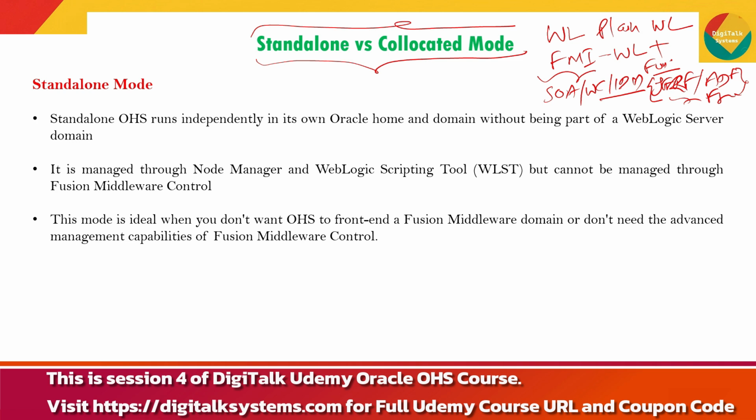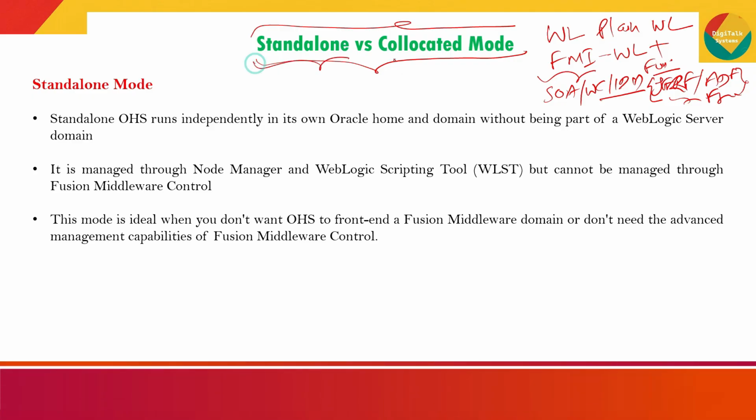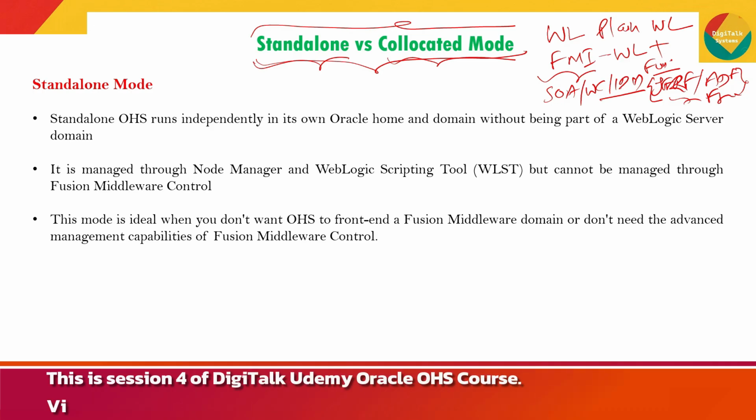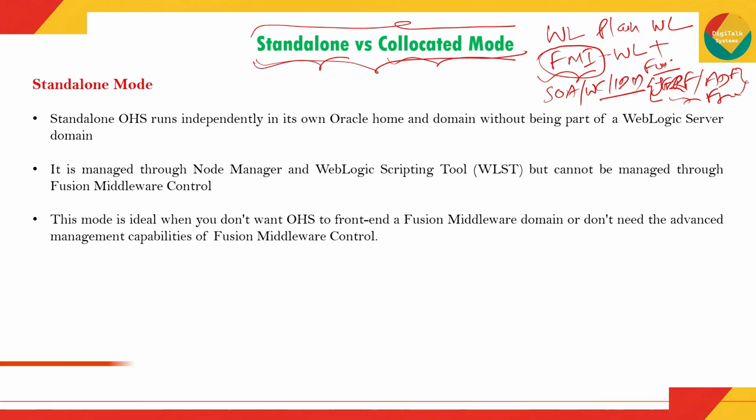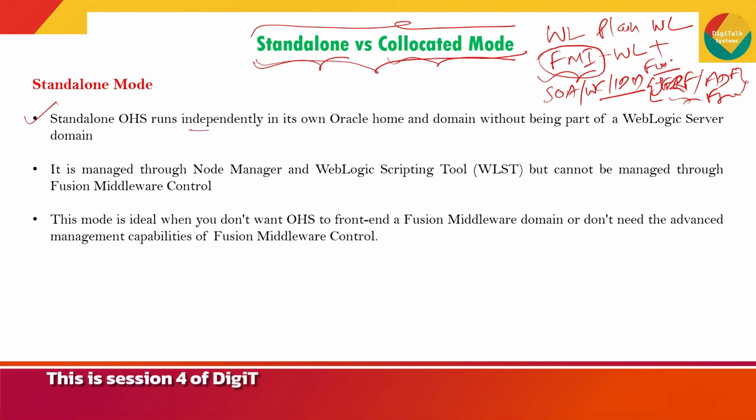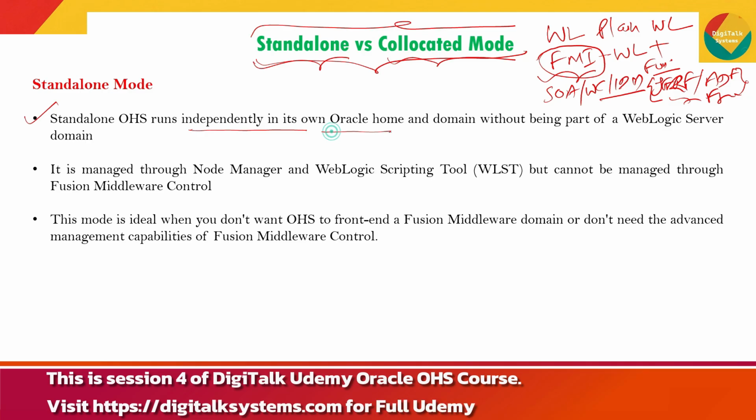So when we install the OHS, we have two different modes. One is called the standalone mode, and the second is called the co-located mode. It completely depends on whether you are going to install your OHS with the Fusion Middleware Infrastructure or without it. The standalone OHS runs independently, in its own Oracle home and domain, without being part of